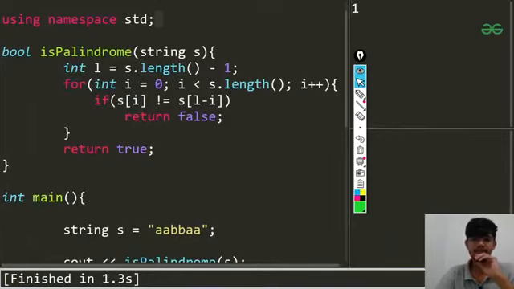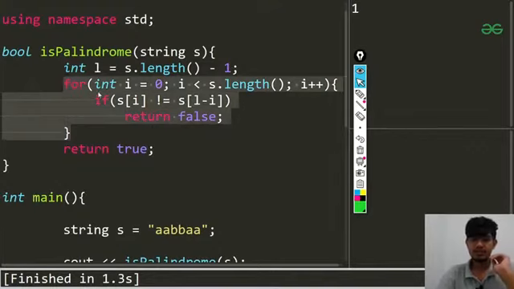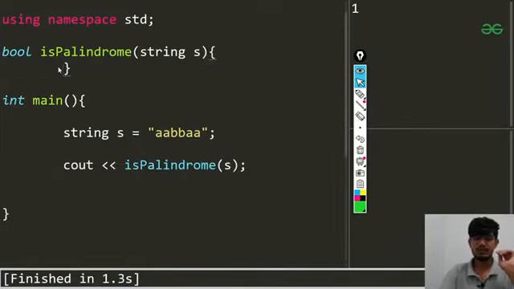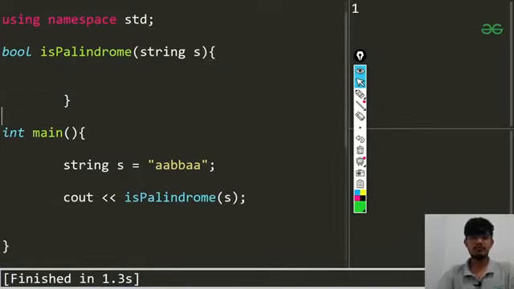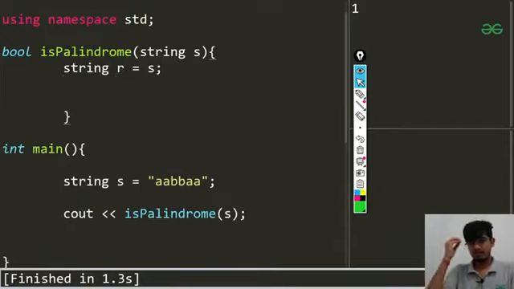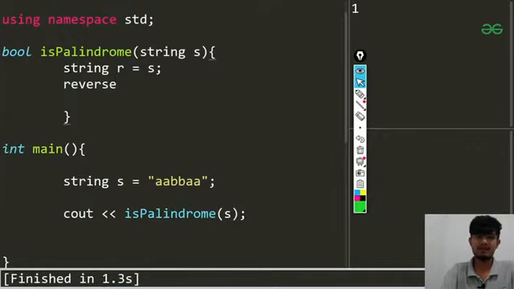And what the other way can be, just let me comment this section, and I'll be creating a string here. Let me just remove all this stuff, okay. So what I'm going to do is make a string, I'll call that r, and I'll copy the s string into r. Now I'll be doing reverse. We have the reverse function, and I'm going to write r.begin, then comma r.end,